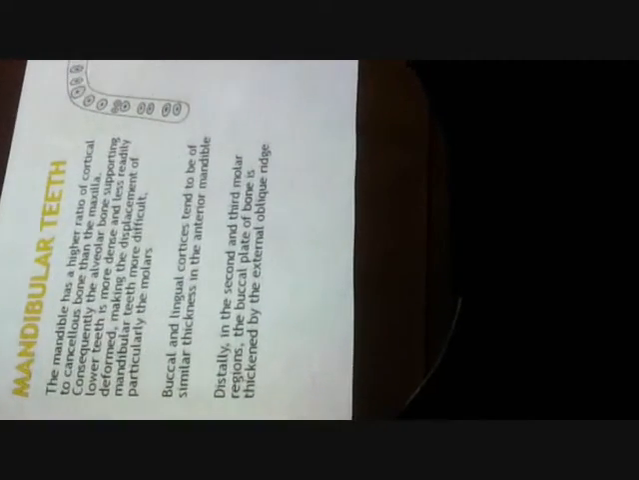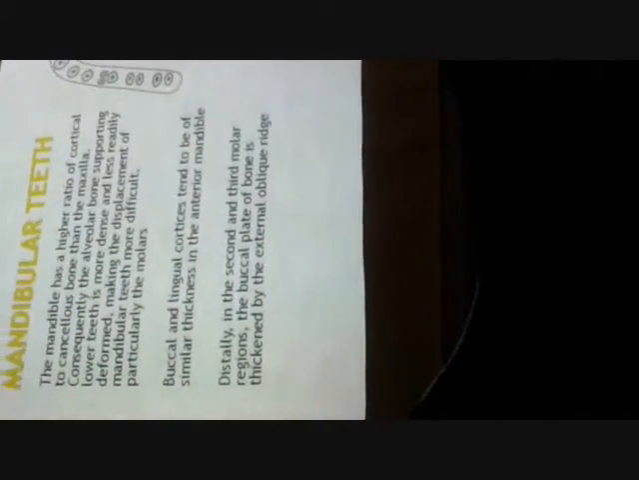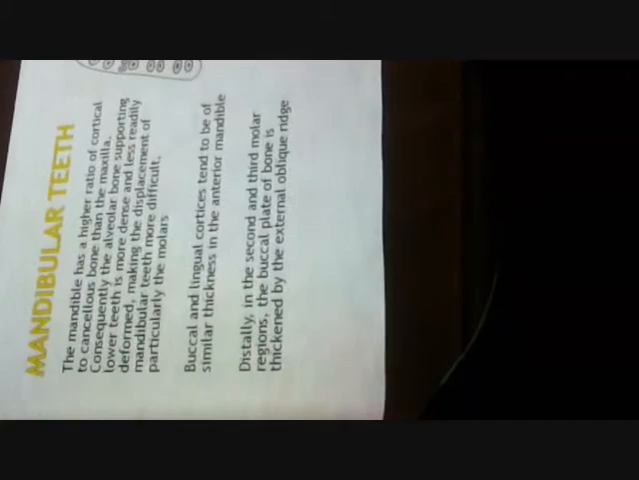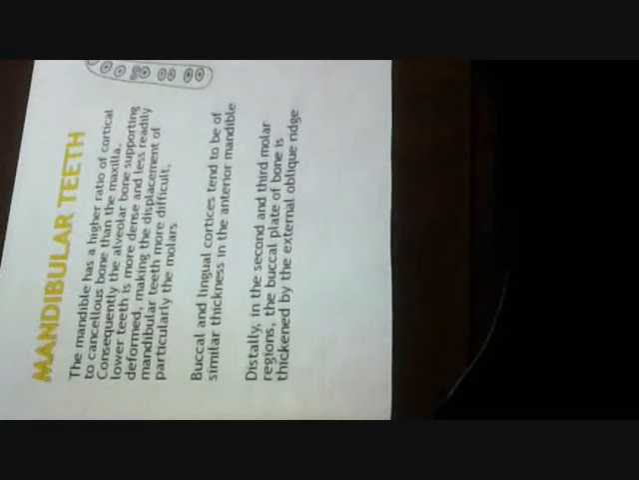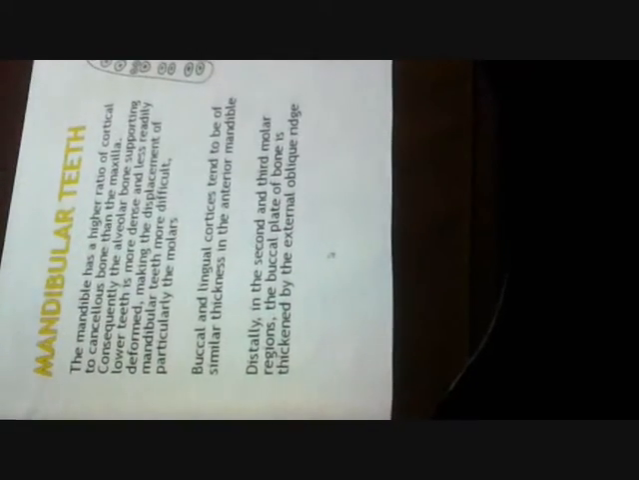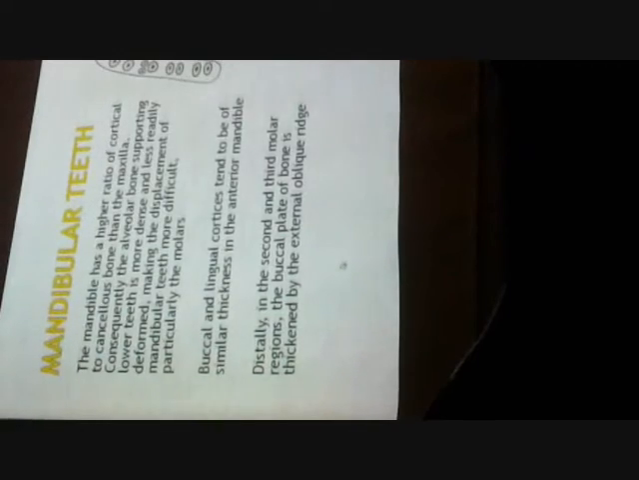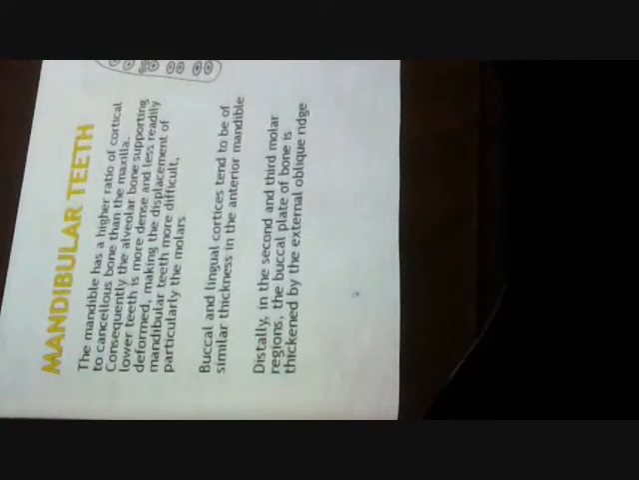Now, if you move to the mandible here, see, the mandible has a higher ratio of cortical than cancellous bone than the maxilla. So who's denser? The mandible, exactly. But see here, the buccal and the lingual cortices here are an equal distance from the anterior teeth. So if we go now distally, the second and third molar, the buccal bone is here thickened by the external oblique ridge. So if there's a thick bone here, so the exact movement